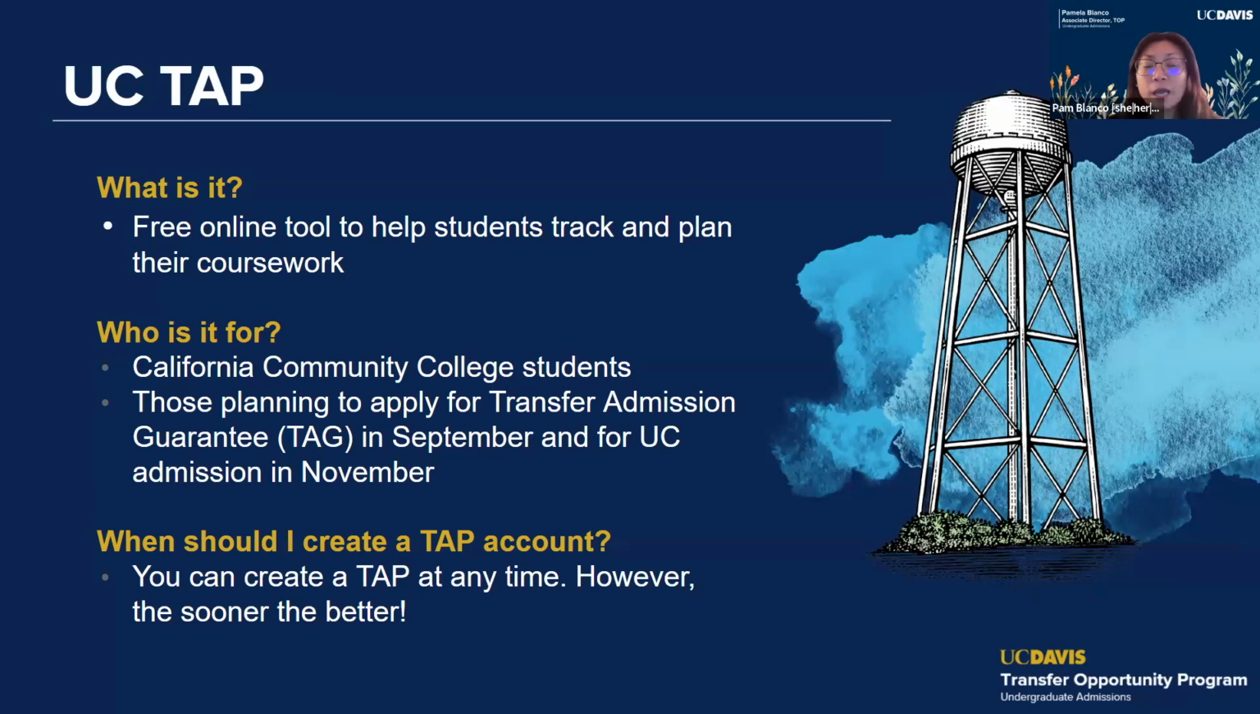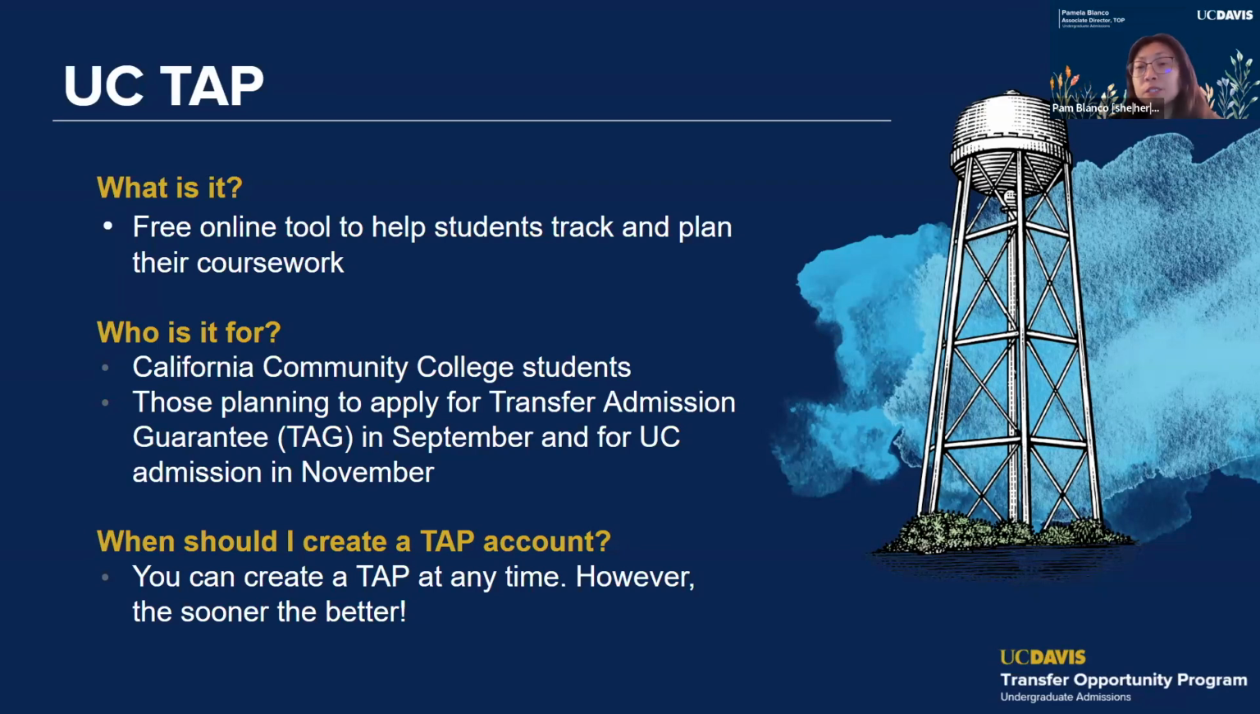If you are planning to apply for the Transfer Admission Guarantee or the TAG, you must have a TAP account, as it is the only place where a TAG can be submitted. And so we recommend that you meet with your counselor first to upload your educational plan or your transfer plan to your UC TAP. You can use the transfer admission planner to enter your coursework, whether it's completed or planned, from the very beginning of your college career, or at any point when you decide to transfer to a UC